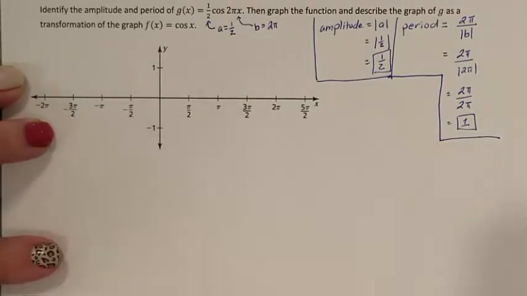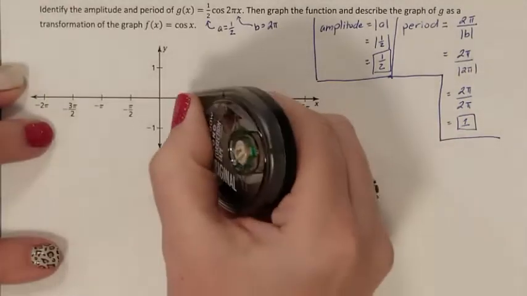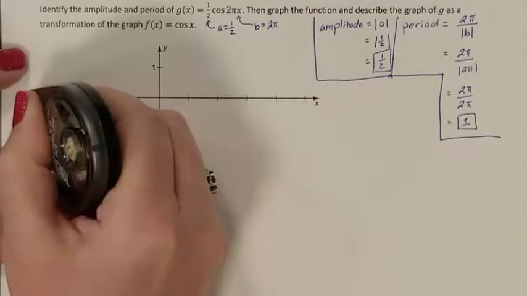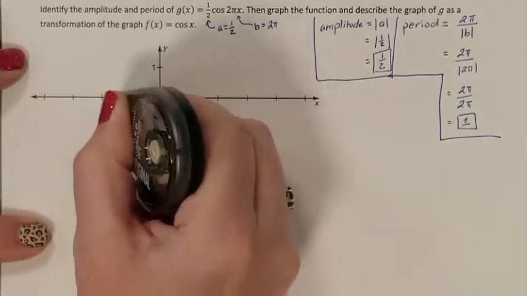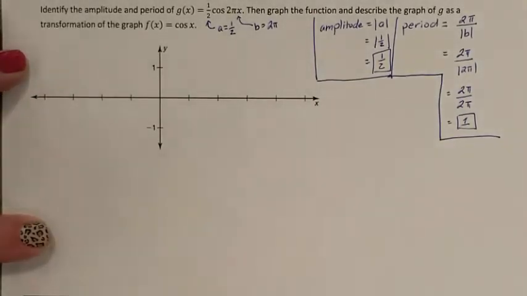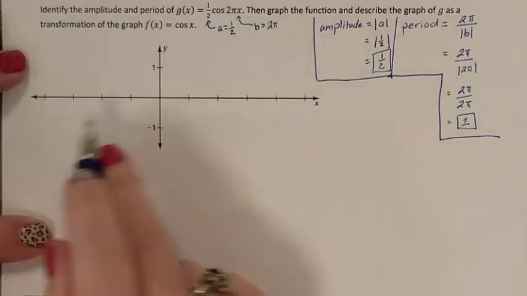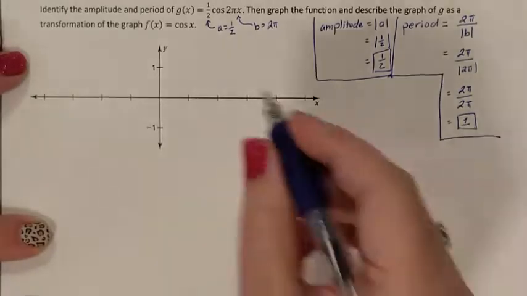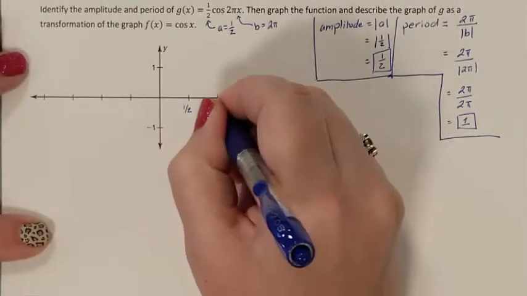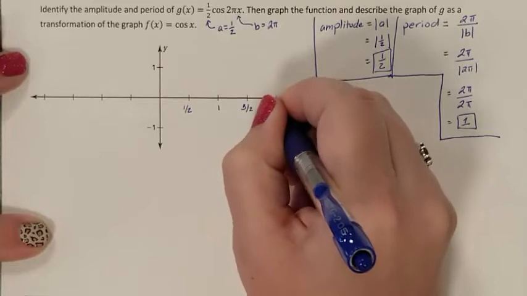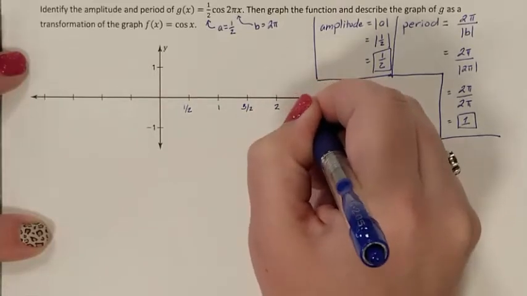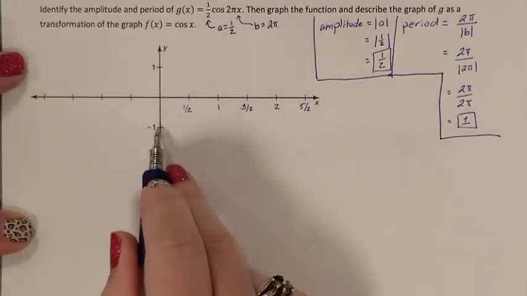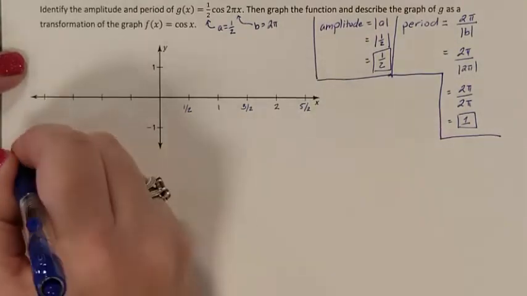None of these are a value of 1. So that means that my x-axis is going to have to be relabeled with not pi values, but with number values. Now what numbers do we use? It says that we're going to only be repeating after a value of 1. So let's go ahead and count by halves, because then I could fit at least a couple of repeats in here and a few additional values. Now that I have scaled off my x-axis and I know my y-axis is appropriate, we need our 5 key